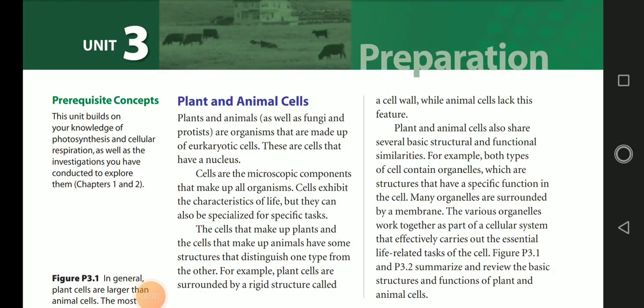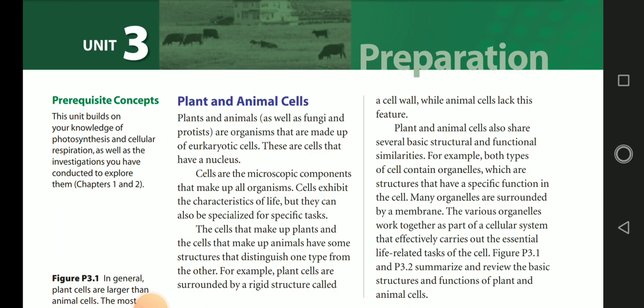Hello, good morning. As you know that we have completed unit B, that is ecosystems and population change. Today we are going to start with new unit, that is unit C, in which we will study about photosynthesis and respiration. But before we proceed with the photosynthesis and respiration, we will discuss some general basic topics, like we